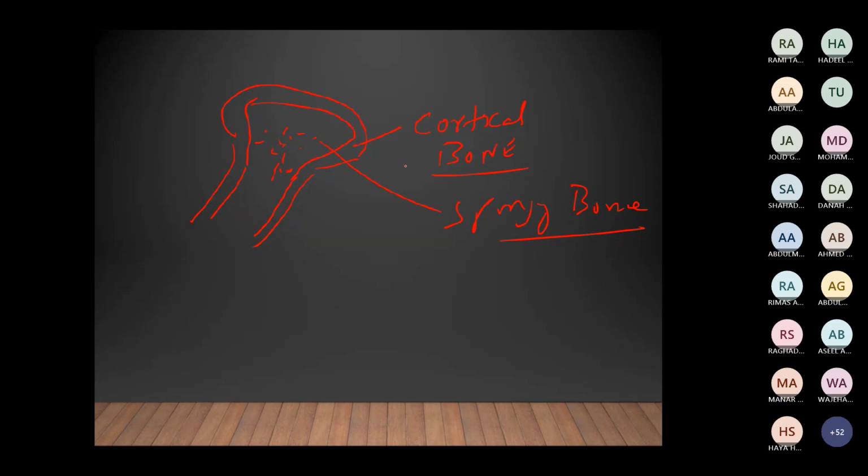Okay. Now this is the cortical bone, and this is the spongy bone. Now you got to know this, and you already know that this is called epiphysis, this is called metaphysis, and the shaft is called diaphysis. And you should know all such things. So cortical bone is basically made up of thick collagen. Collagen, we already know it because you people have read yesterday with Dr. Ahmad Badi, the wound healing, so you know about the collagen,